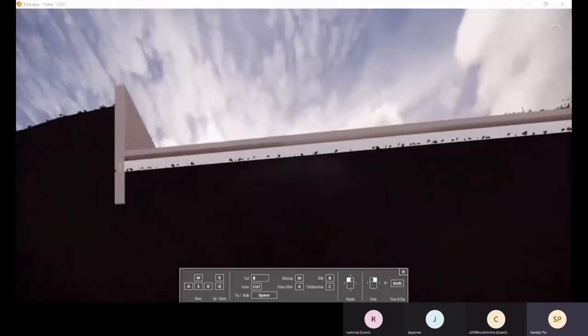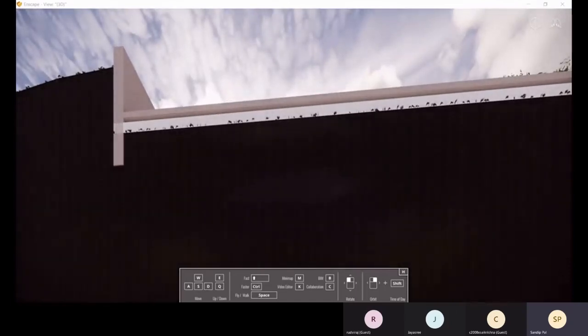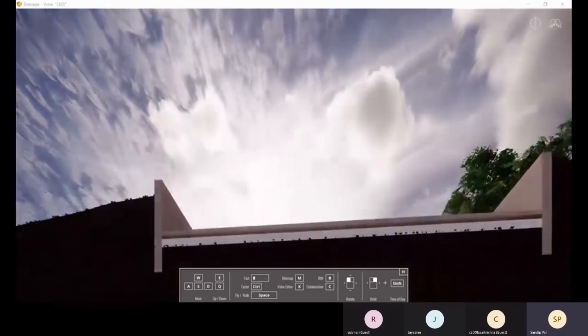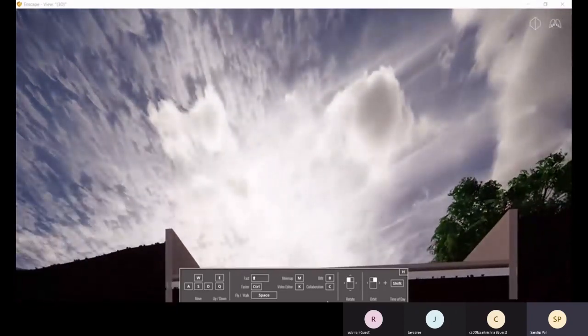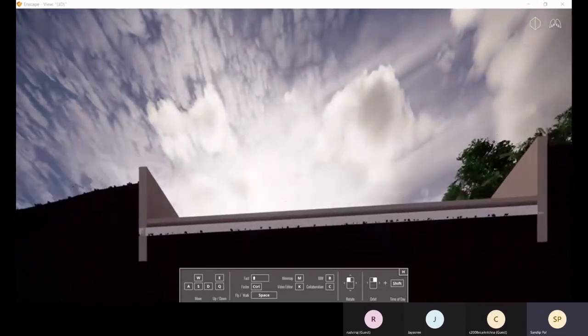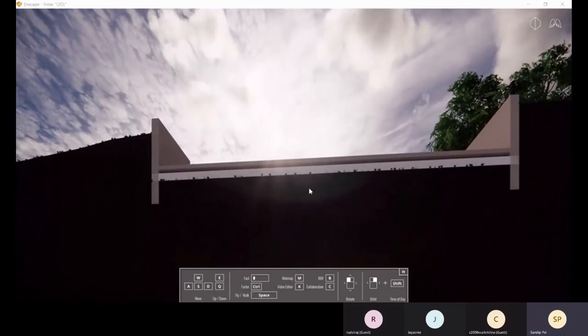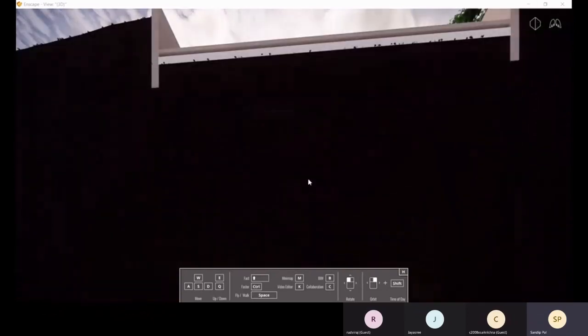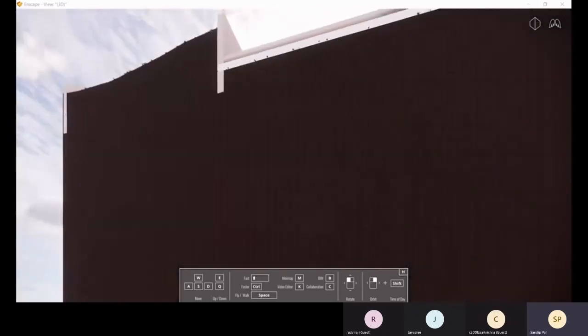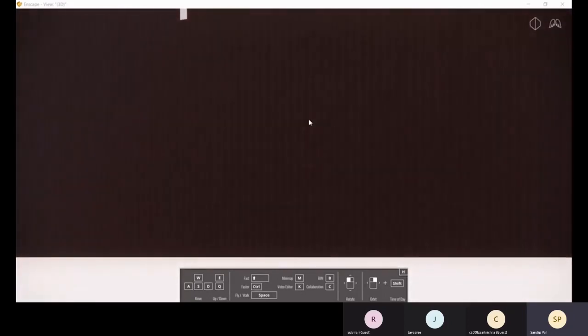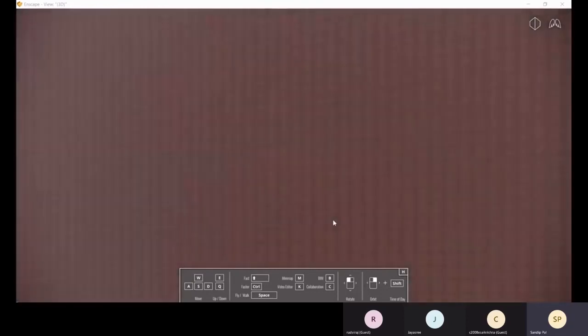And you can see now with the scroll button, if you hold your scroll button, then you can zoom in and zoom out. And again, if you press the space button, you switch into walk mode, and you are generally walking.